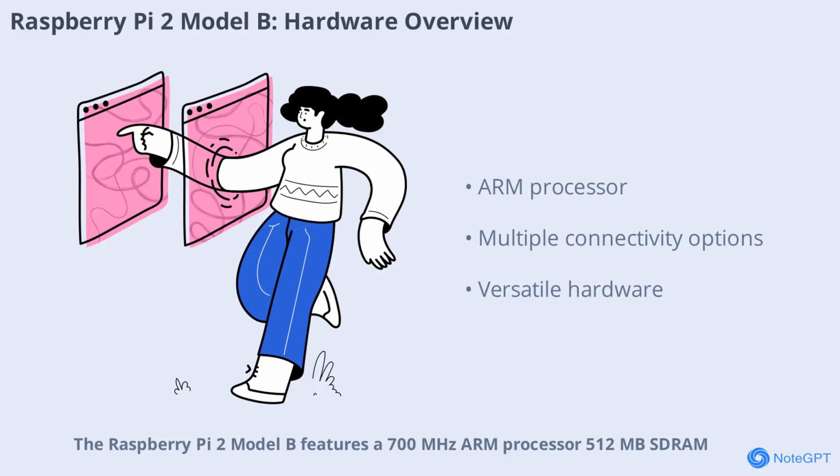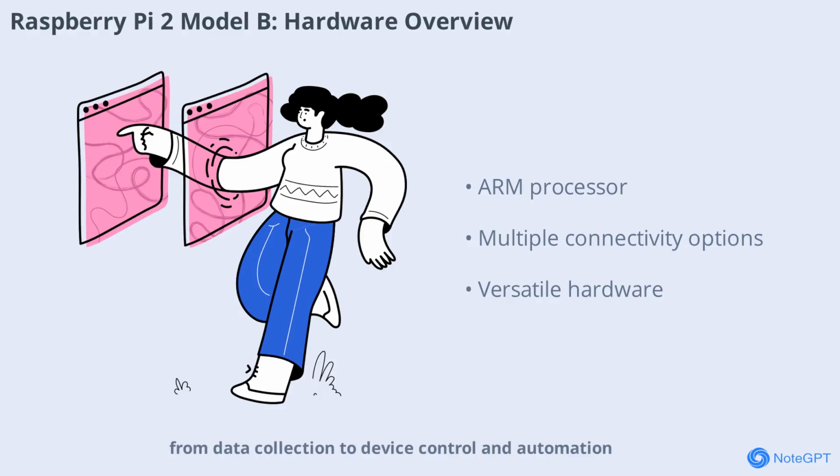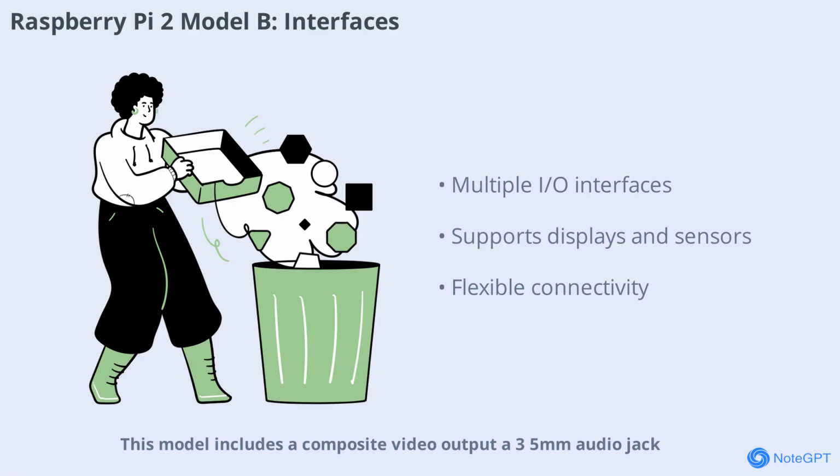Raspberry Pi 2 Model B features a 700 MHz ARM processor, 512 MB SDRAM, 2 USB 2 ports, an Ethernet port for internet connectivity, and HDMI output for video and audio. These hardware features make it versatile for a wide range of IoT applications, from data collection to device control and automation. This model includes a composite video output, a 3.5mm audio jack, and a variety of GPIO pins for input-output